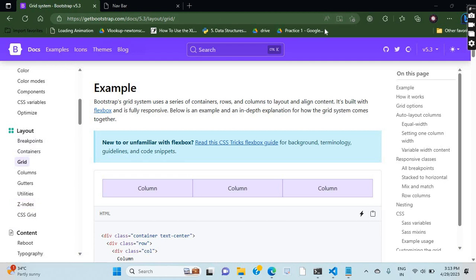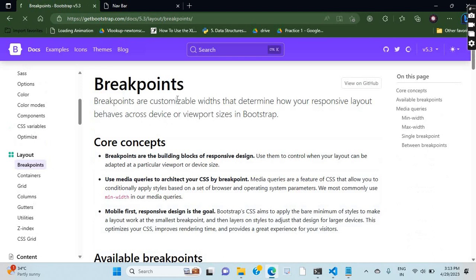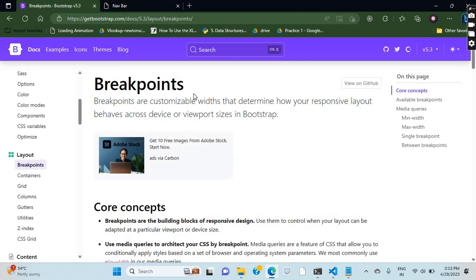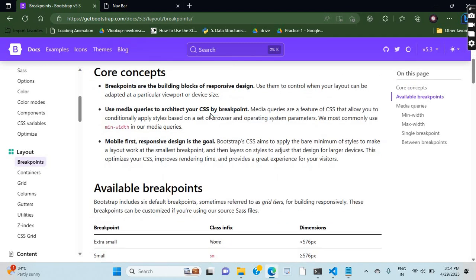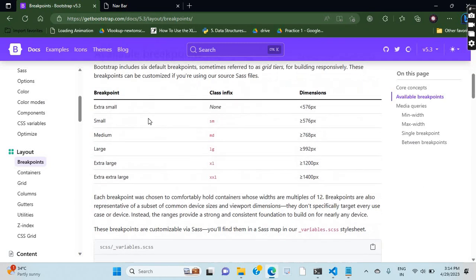Hello. In this second session of Bootstrap, we are using the layouts. Layouts we use mainly in web pages. Bootstrap breakpoints are customizable widths that we can use to determine the responsiveness of the layouts. Based on the breakpoints, we use different dimensions for the web pages,